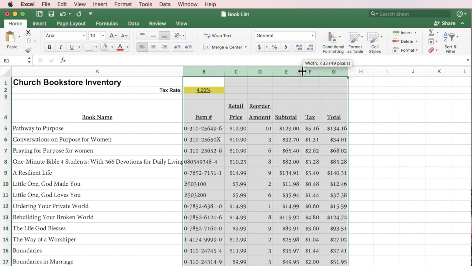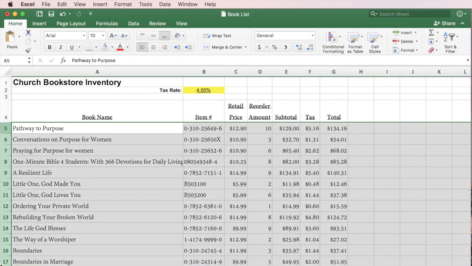But if I double click, it will go down and find the widest entry in the particular column, and it will fit that particular entry. So that's also a nice thing. So you can select multiple columns. You can do the same thing with rows. If you drag and highlight multiple rows,